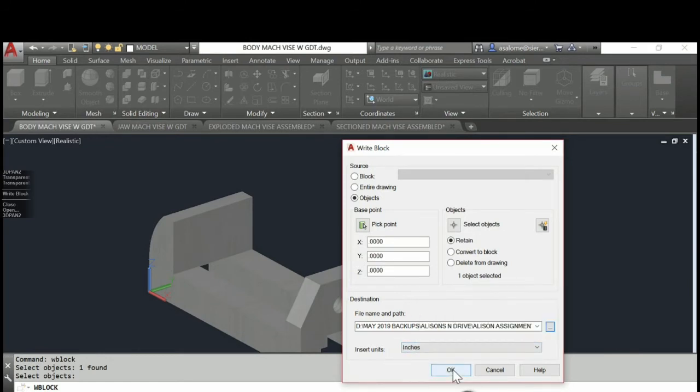Now, when I say okay, depending on my computer, depending on how fast it is, I'm going to get a little flash up here in this corner. If you blink, you'll miss it. If you're on a super fast computer, if we were sitting in the lab, you would barely even be able to catch that something happened up there. My computer's a little bit older than the lab, so we might actually catch it, and it's giving me the blue spinning wheel of death often tonight, so we'll see what happens. So watch up here in the corner.